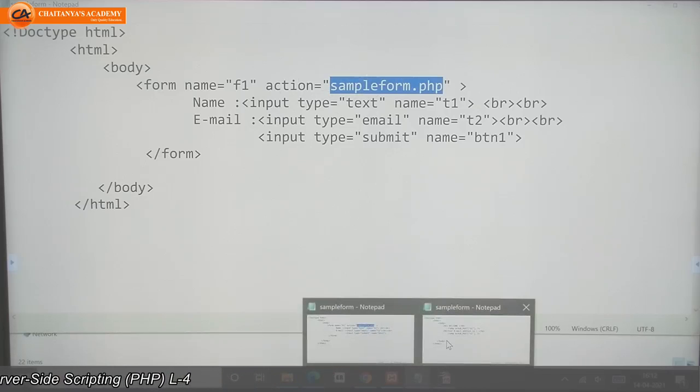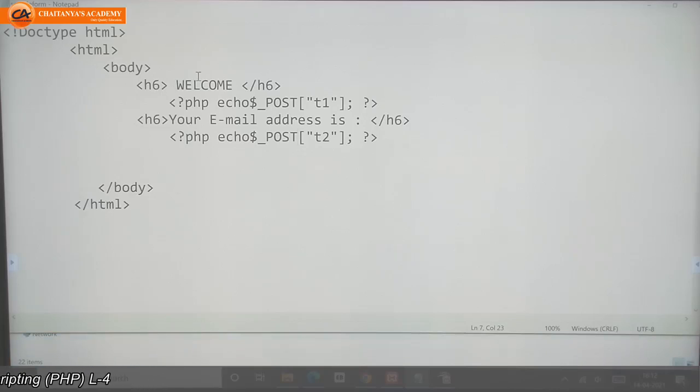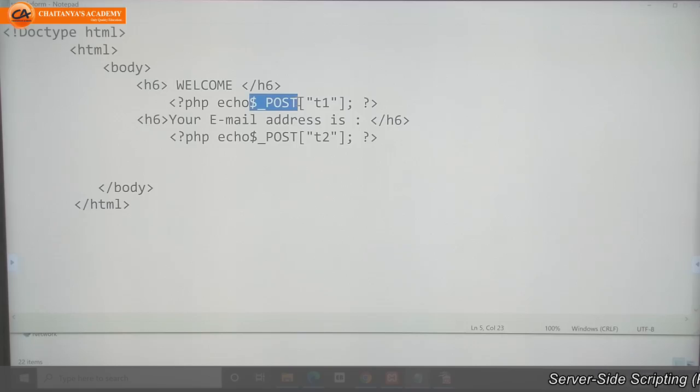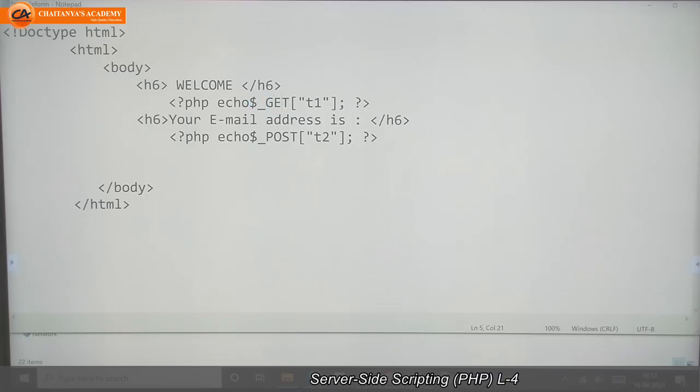So create another file and write the code for it. You want to submit first the name and second the email address. So this is the PHP code for name: PHP echo, and here the variable. What is the variable? As we are going to submit the form with the get method, we will write get here.